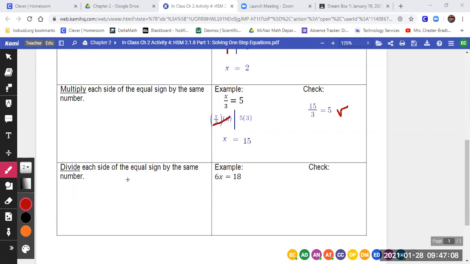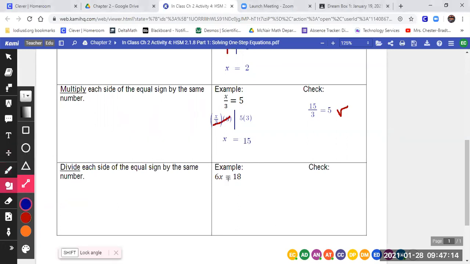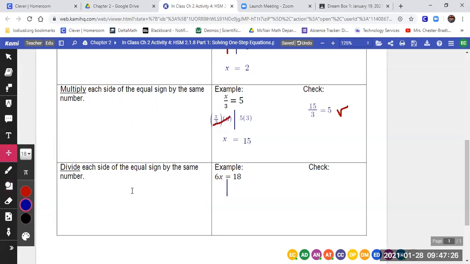So we have to undo multiply. What's the opposite of multiplying again? Dividing. So we're going to divide to turn it into 1, because when you divide a number by itself,